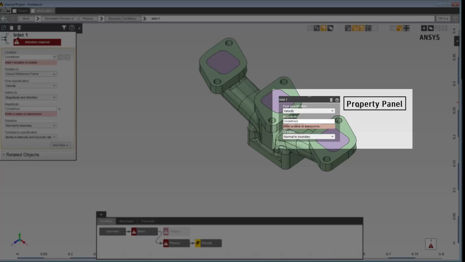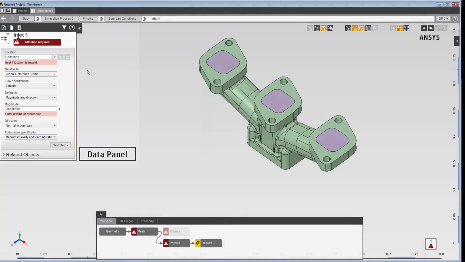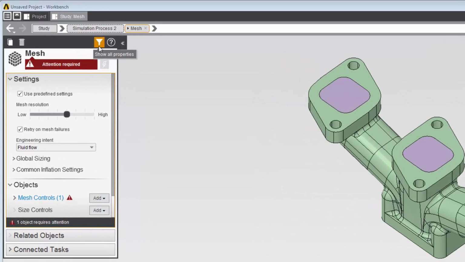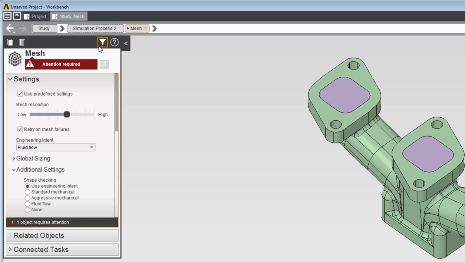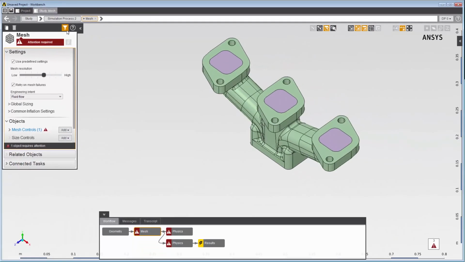Property panels define the minimum input requirements for a task, and using them is the fastest way to set up your simulation. If you need more control beyond what the property panels offer, the data panel gives you access to more typical properties and options to customize your simulation. And finally, on some data panels, this icon exposes all of the setup options available for the greatest level of control. Using a template combined with the Workflow tab and the property panels, you have everything you need to successfully